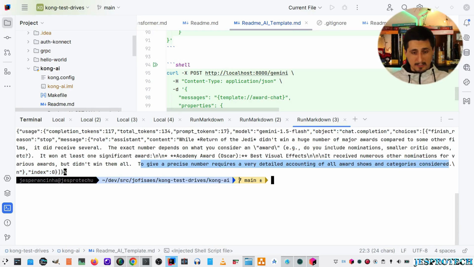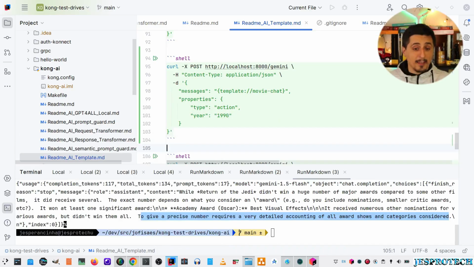I think the bot is right. I think this makes sense. This is an answer that we could get from the makeup of that template and the resulting query to our chatbot. In the second example, we are saying to the chatbot that we are fans of action films. And based on that, we also want to know which one of these films was the most exciting in 1990. This should be a subjective question, but let's just see what our chatbot, our Gemini chatbot, has to say to us about that. If we run this,